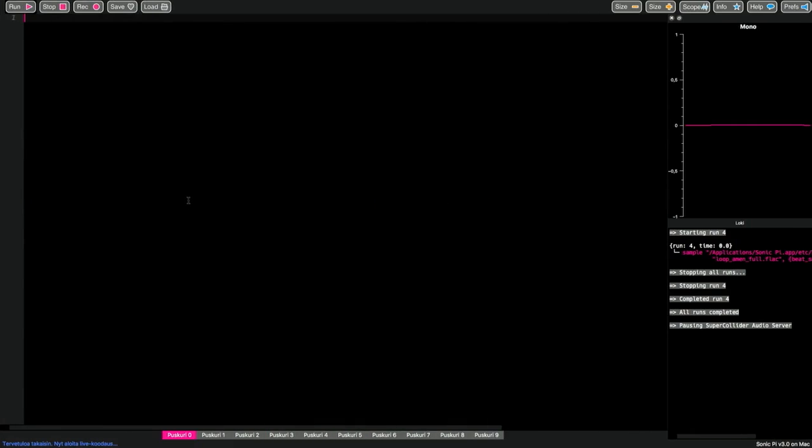Here we go, finally. So this is the basic interface of Sonic Pi. This is the editor, the large screen you see here, and there are only a few buttons up there. There is run, stop, and record. So run executes the code, stop stops all the audio, and with record you can also record the sounds as WAV files, so if you want to make a ringtone or a track for yourself,